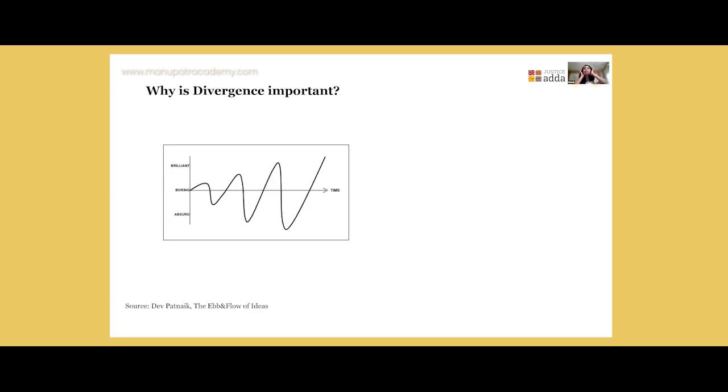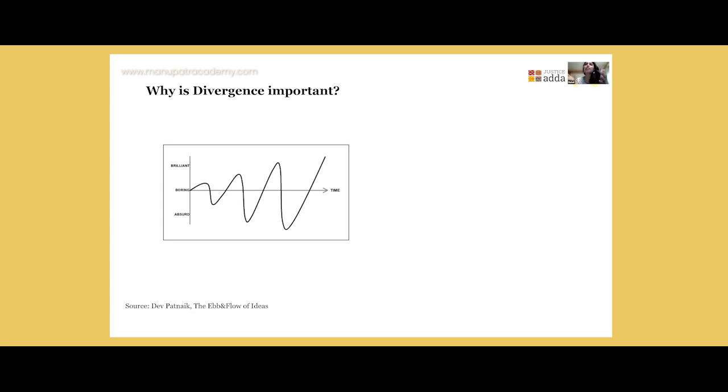Another important aspect of this, and I know this is a lot of theory, but bear with me. The next part of this is going to be really trying to share some examples with you of how the process works. But the other important concept is, why is divergence really important? And I kind of tried to stress on this earlier as well, that convergence comes to us naturally, but divergence doesn't. And so this is something that's been recorded over time, where, to really come up with ideas that could solve a problem creatively, it takes time.